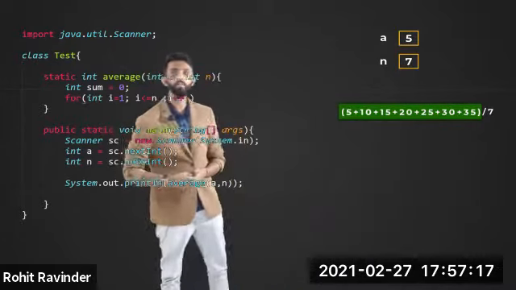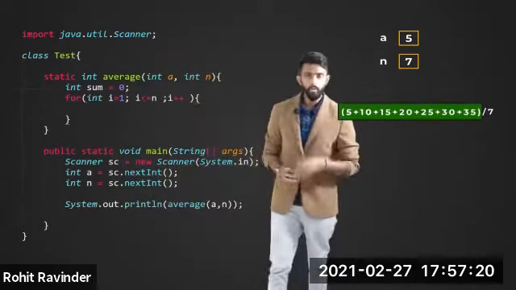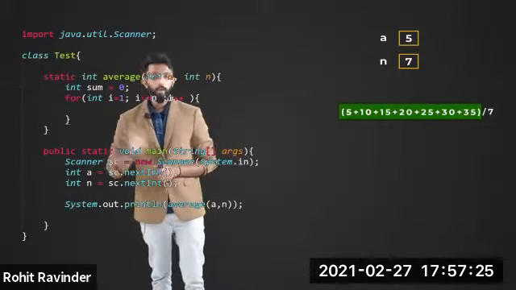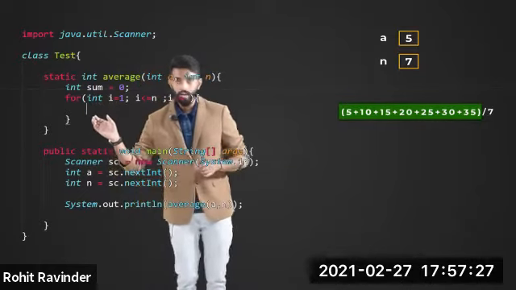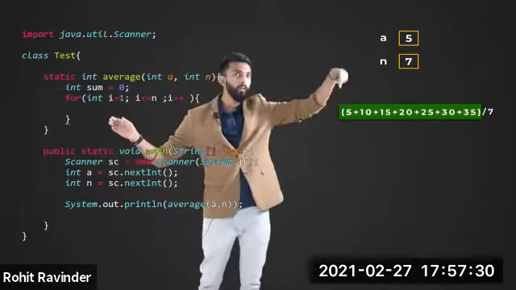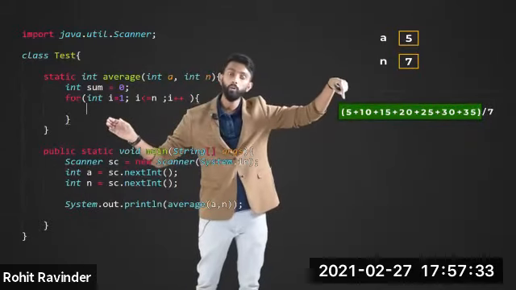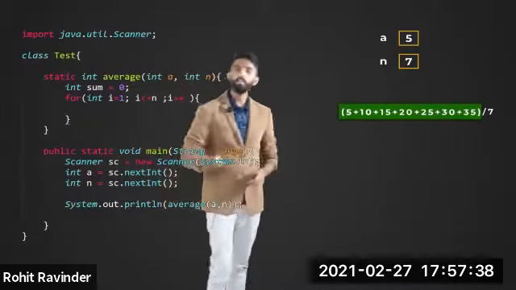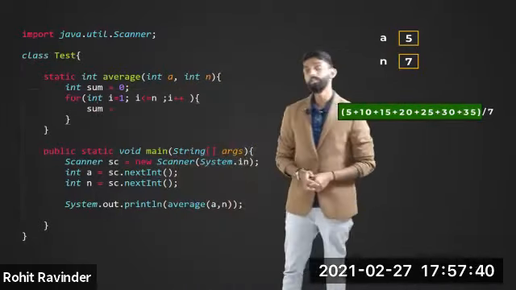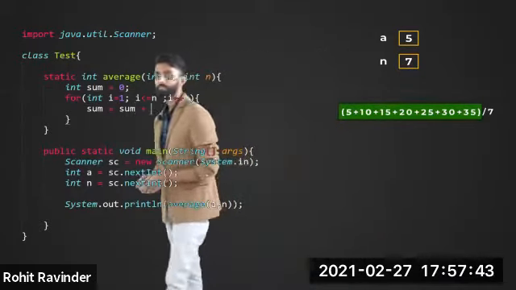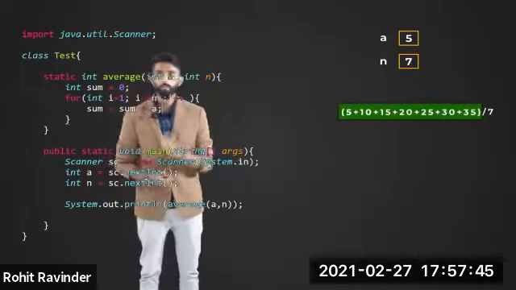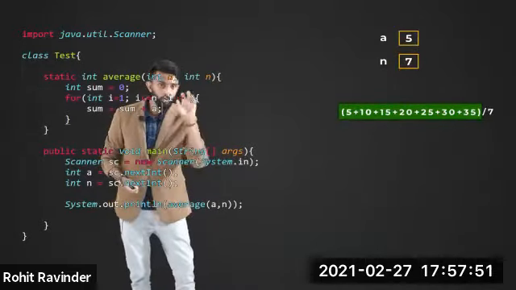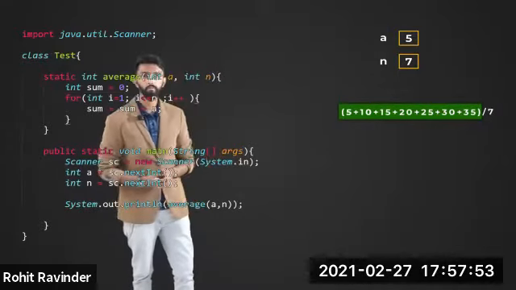Anyways, I will come inside the for loop. Inside the for loop, what I will do is very simple. Initially, that sum value is 0. But I want to make that sum value equal to the a value initially. So what will you do, you might ask? Well, it's very simple. I'll write sum equal to sum plus a. Semicolon I'll put.